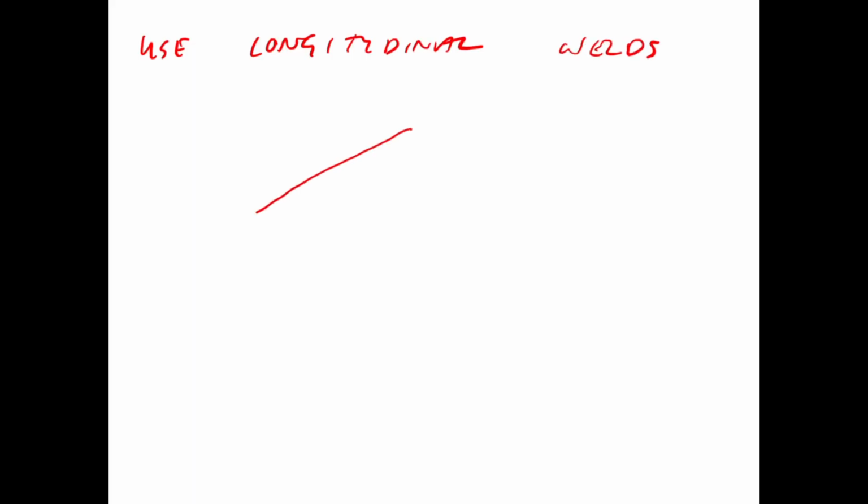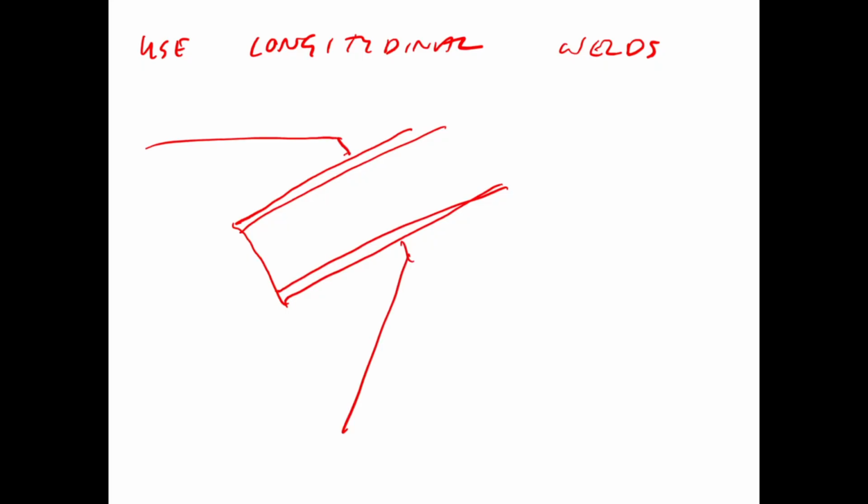Okay, so let's try this then. We're just going to use longitudinal welds, okay? Which basically means we're going to take our channel. It's on the gusset plate like this, and we're just going to do this and this, and we've already decided on the weld size. We'll denote that as 6 and 6,